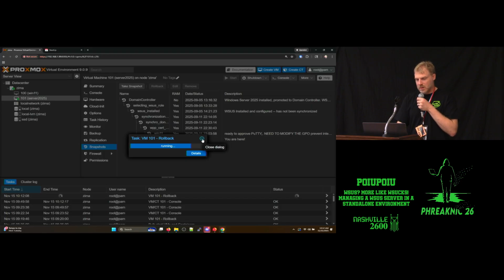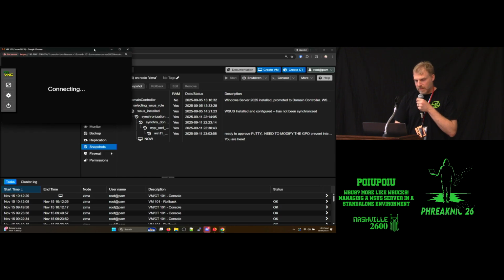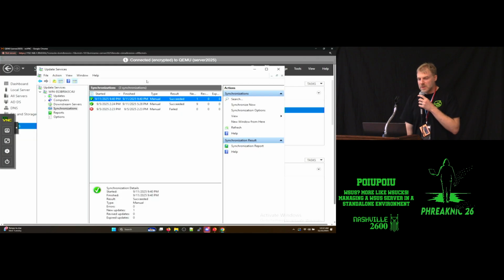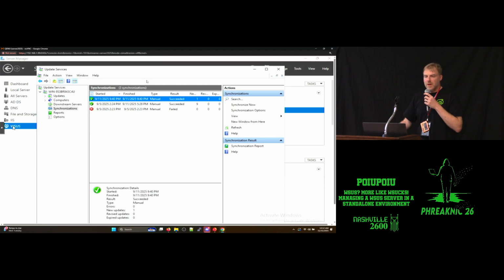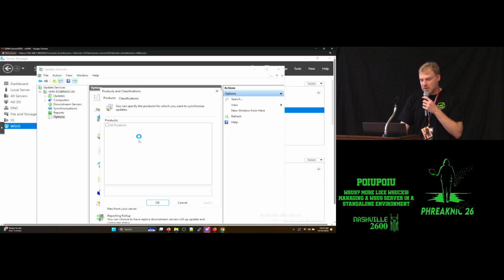Running. Done. All right, let me go back to the console. Through the magic of television, we have installed WSUS. There's one or two more options you have to do after the fact. From here you see this has completed its synchronization. Under my options, products and classifications, I have unchecked just about everything except for, I think,